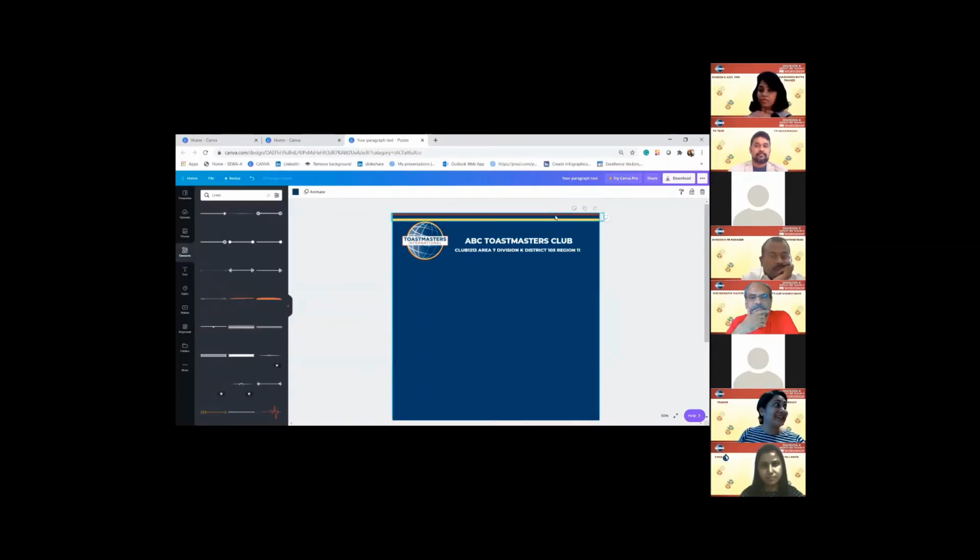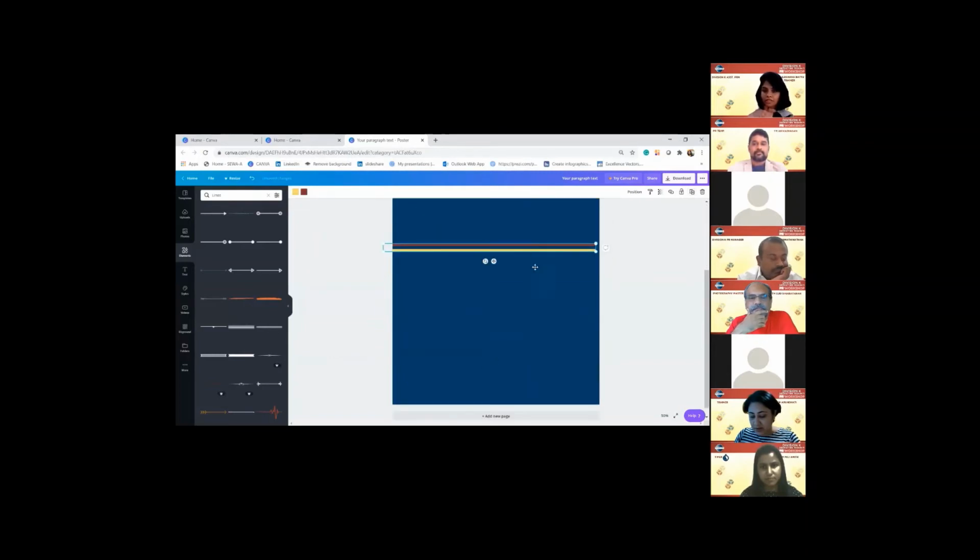Now I want to do the same thing at the other end. So should I do it again? Click on lines, then bring it down. No, what you can do is click on this feature. Click on the duplicate icon. Remember, I was talking about duplicating the text. So you just click on this and this appears. So we just drag it down.